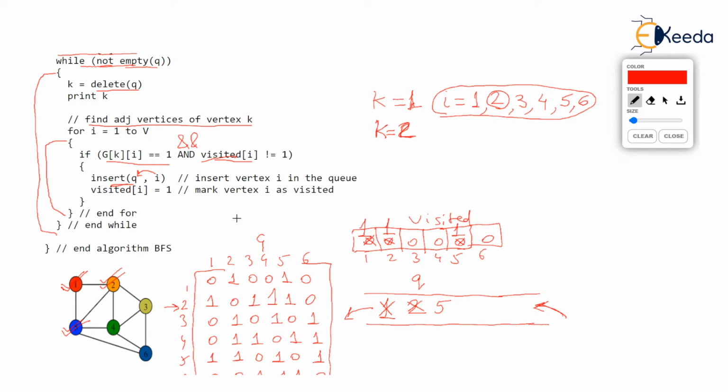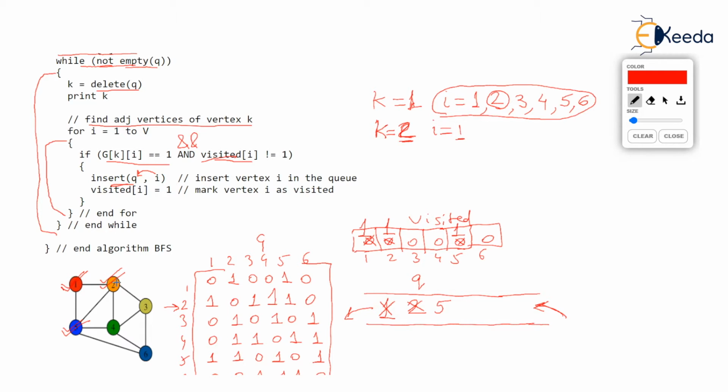So let's start this for loop all over again with i equal to 1. Now, when k is 2, we will check the if statement. If g[k][i], that is second row, first column, is it storing 1? Yes, second row, first column is storing 1. Check the matrix. That means the second vertex is adjacent to the first vertex. But that's not enough, isn't it? Adjacency is not enough.